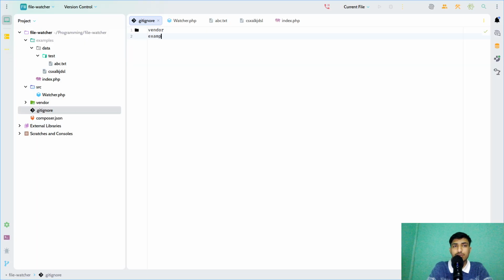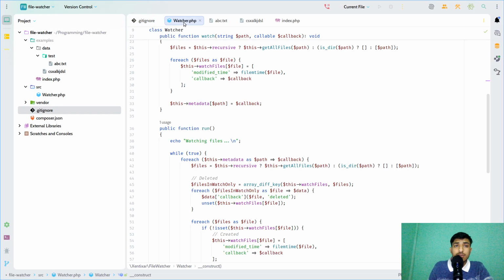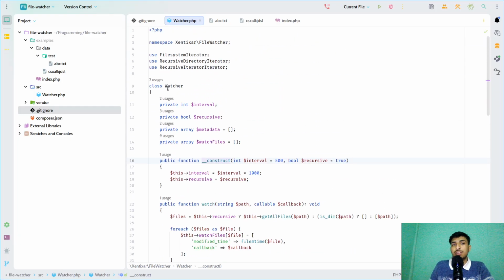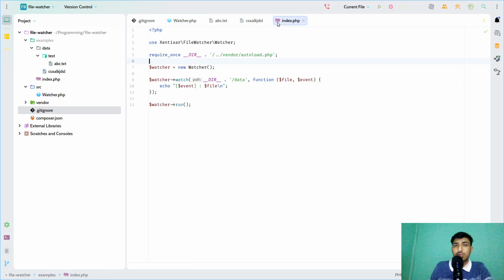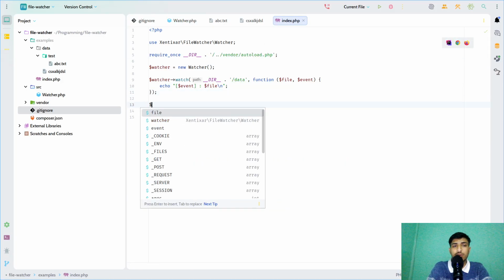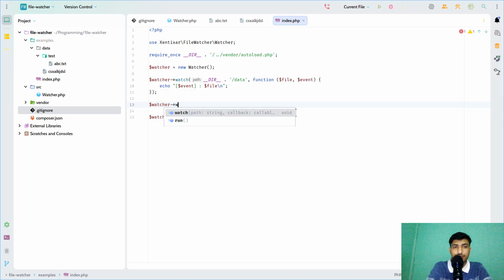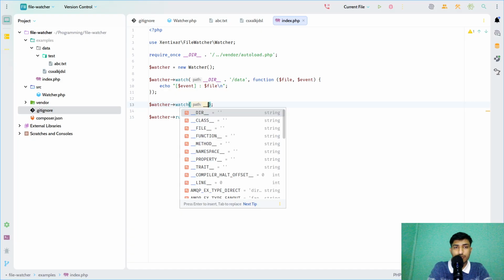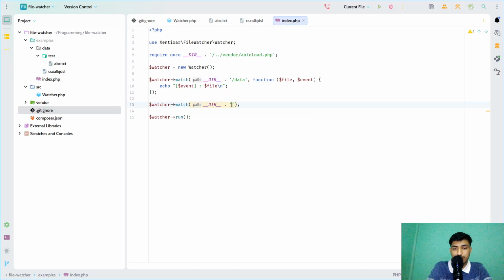Just ignore examples. So I think this is the basic file watcher. So you can use it like this, and you can have multiple watchers. So watcher, watch, the current directory, and if I can just do test, it's data slash test slash abc.txt. So I can just do a function, and it will take the file and the event,